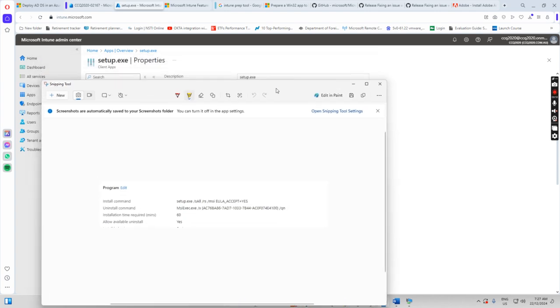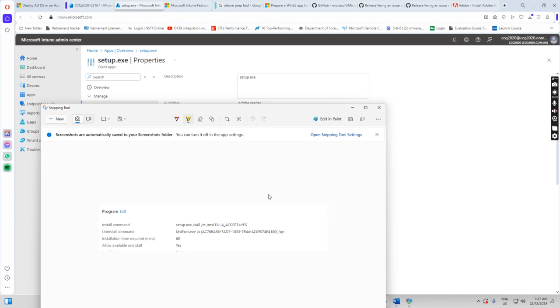Before we deploy the application, we need to do something else. We need to find out the product ID for the Adobe Reader. So how can we find this one? I installed the Adobe Reader on my own computer. This is the computer I work on. I just want to find out this product ID. What I did is, after installation of the Adobe Reader,